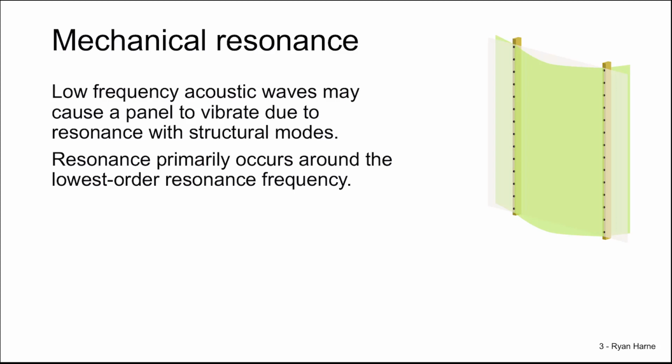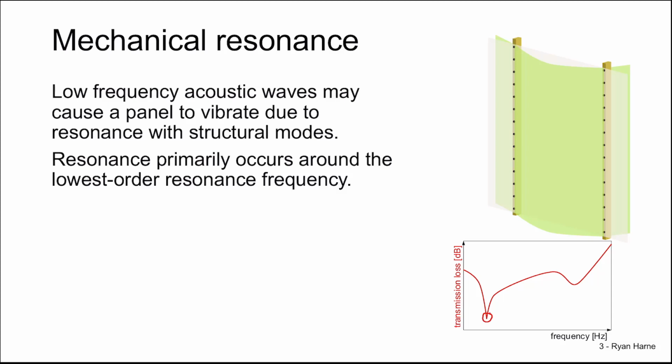Resonance primarily occurs around the lowest order resonance frequency, so we are often not concerned about the higher order modes of the panel. The damping of higher order modes for many common building materials is extremely high, so we neglect them. The transmission loss of a panel shows this dip at low frequencies associated with mechanical resonance,